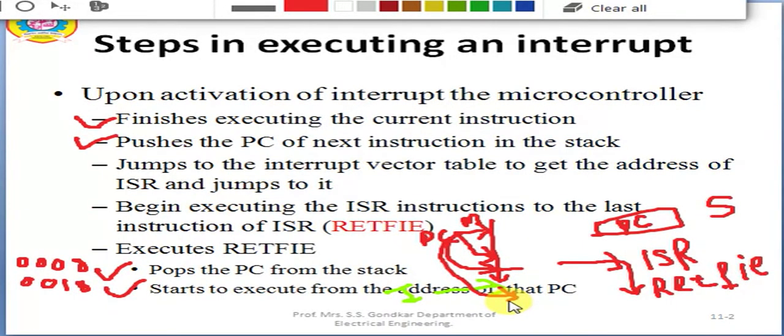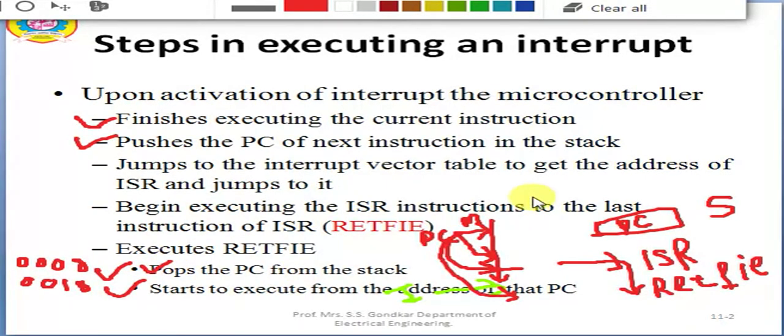But for this we have to get the contents of where we have to go back. And where did we load the location where we are supposed to go back? We stored it on a stack. So from the stack, whenever we want to get some data out, we are supposed to pop it. So after execution of this RETFIE instruction, we have to pop the contents from the stack. So here is the step that tells us to pop the PC from the stack.